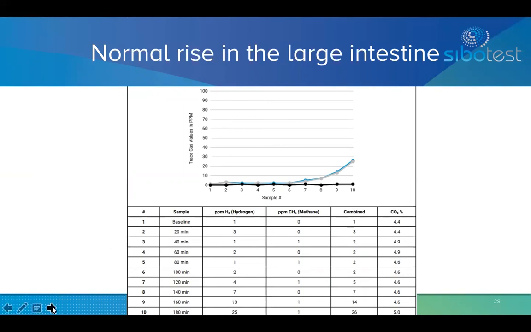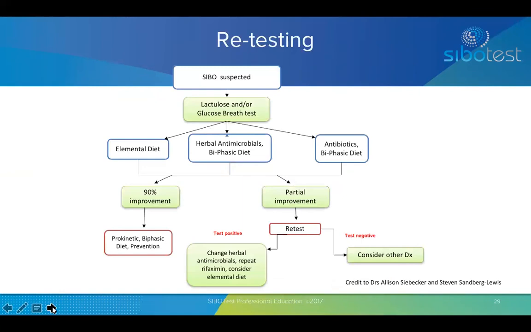Now, retesting. This is the famous sort of algorithm that Dr. Siebecker and Dr. Steven Sandberg-Lewis have created years ago, but I want to draw your attention down here to the retesting area, where once your patient has gone through the treatment of either herbal antimicrobials or antibiotics with different diets, and if your patient comes back and says, wow,